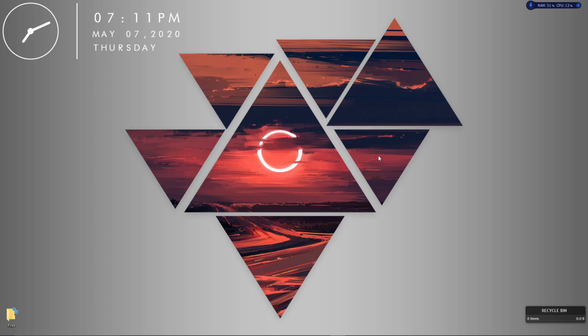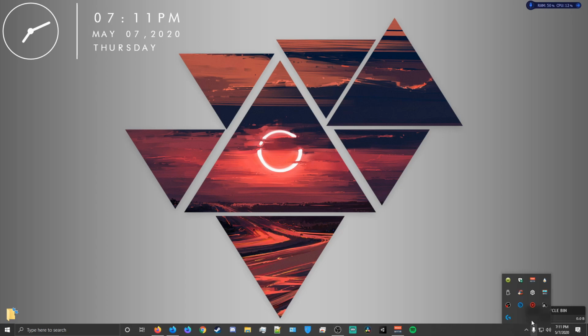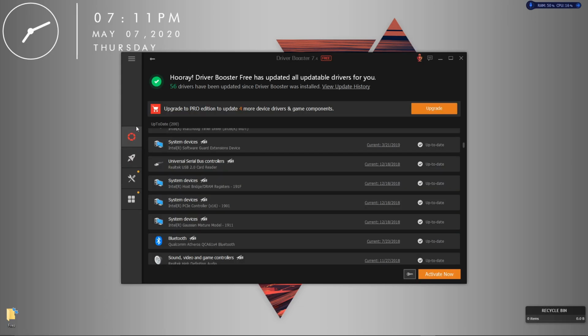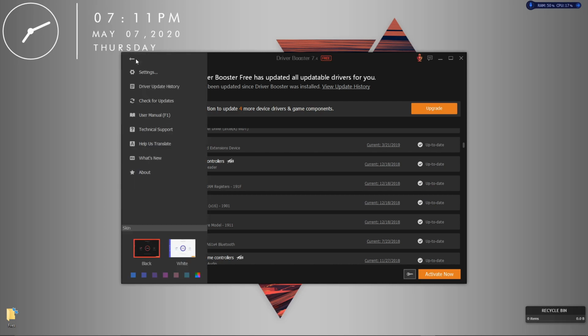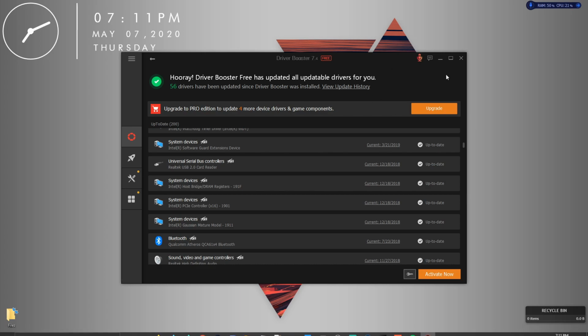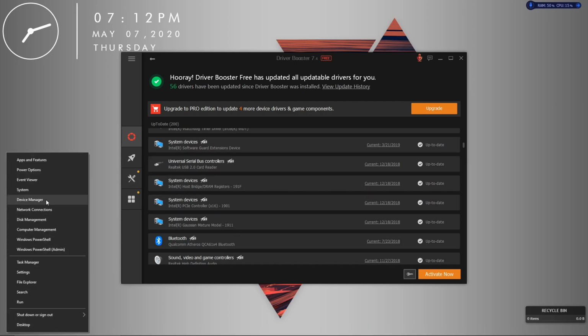Alright, so first I will show you how to check to see if your drivers are outdated. I usually use Driver Booster. It is a simple software that will check and see if any of your drivers are out of date. It will scan your computer, and if there's any outdated, you just click update in this top right corner and it will update all your drivers for you. But if you don't like the idea of downloading an external software, you can go down to the bottom left here, go to Device Manager,